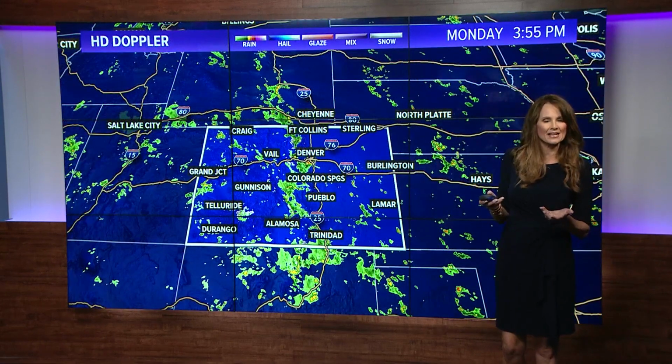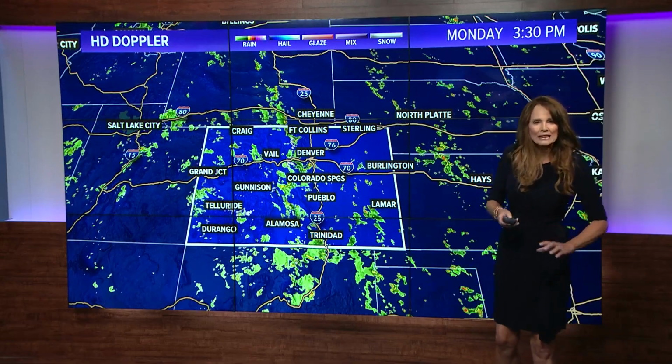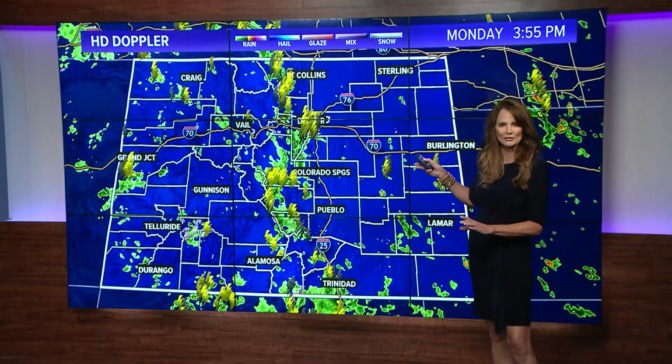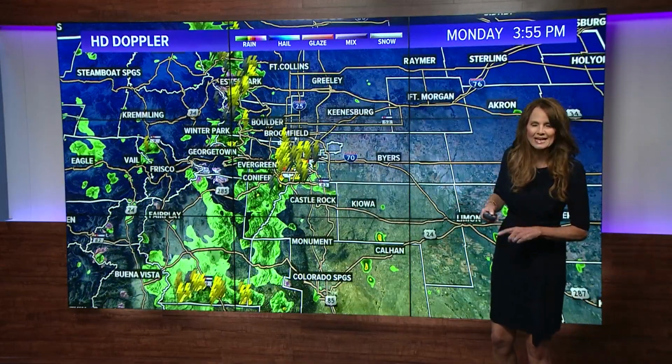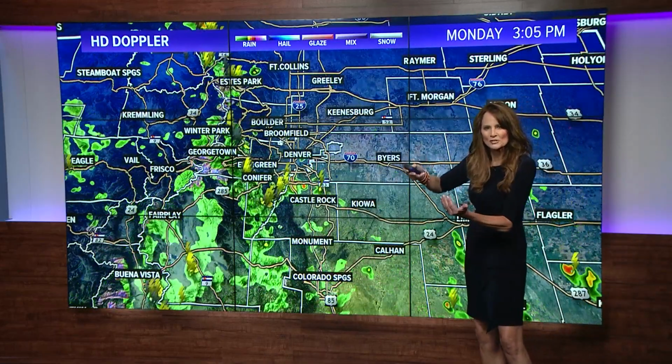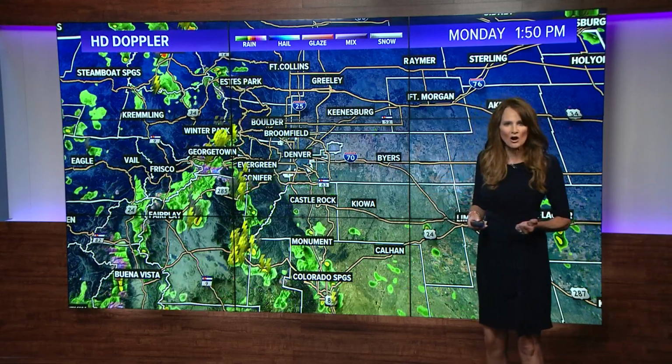With that abundant sunshine early in the day, temperatures warmed into the 70s. We're in the upper 60s now. A lot of moisture coming in. Most of the scattered thunderstorm activity has held in the foothills and higher terrain areas for much of the day. And just in the last half hour, we're starting to see a couple of those push east off the foothills